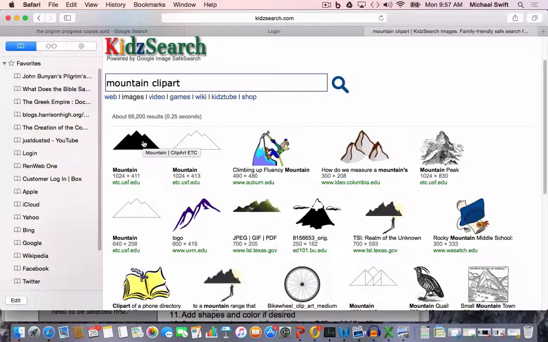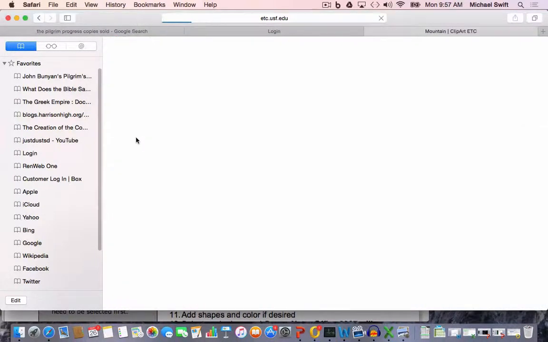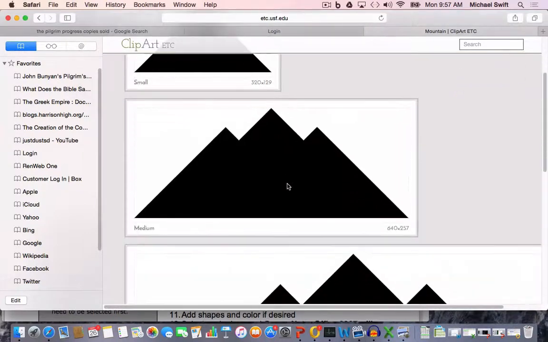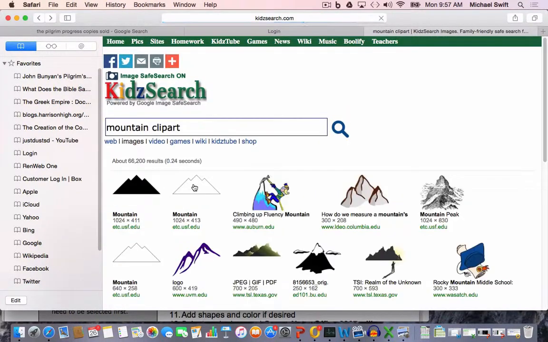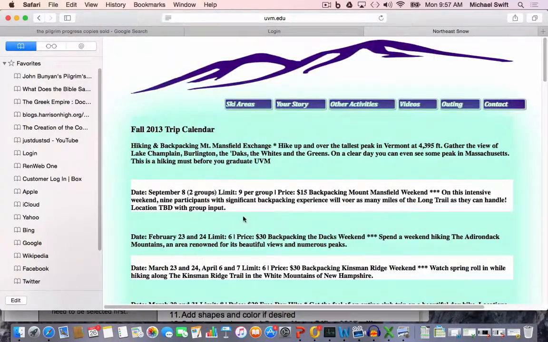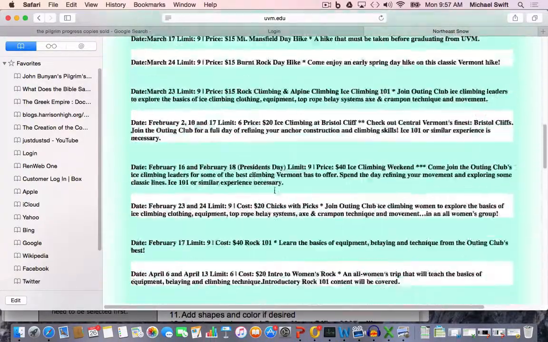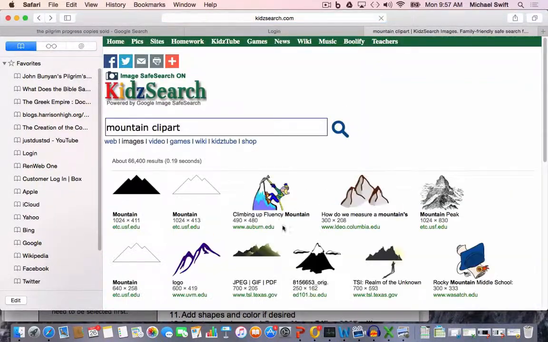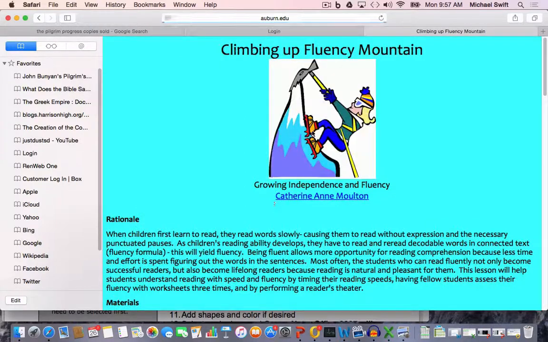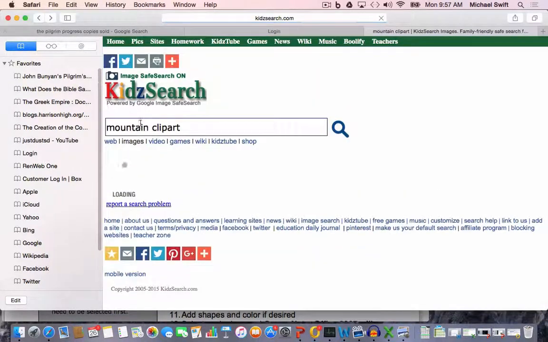This will work. Now unfortunately, I actually used this picture for a different logo of mine that's a little bit nicer, but just to show you the basic way of doing it, I'm going to click on this mountain. After you click on it, sometimes the pictures will show up right away, and other times you have to find where on the page the picture is. So here we know it's right here at the top, but it might be in a different spot on the page, so you're going to have to look for it. Once you find your picture,